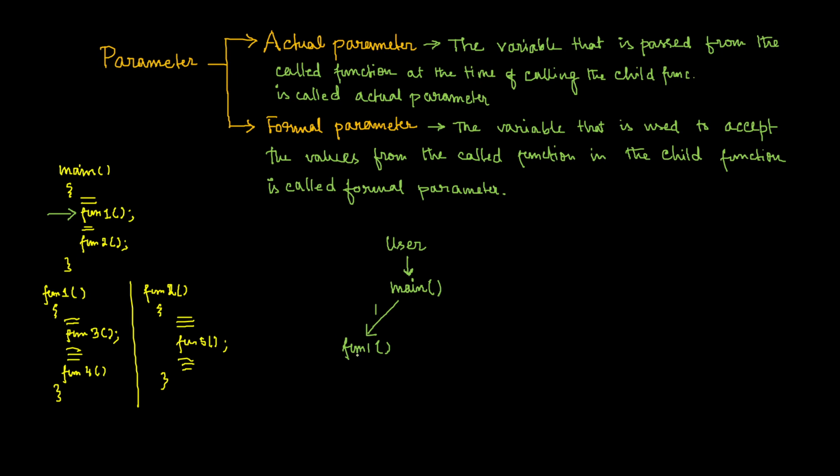Fine. Now, as soon as this function 1 is called, the processor doesn't have any control on the main function. Now what will the processor do? The processor will start executing the instructions of the fun1 function, right? Naturally, the processor will execute the first 2 lines of fun1, and then again it will find a function call. In a similar way, like from main fun1 was called, from fun1 this fun3 will be called.